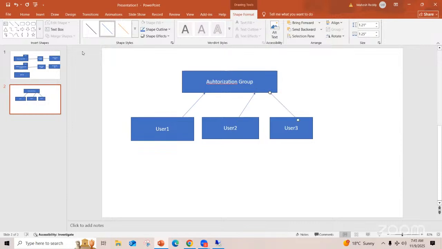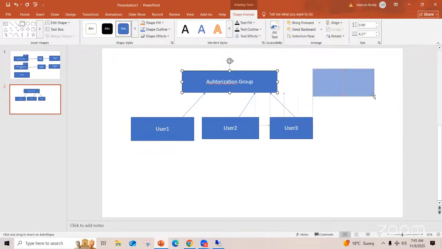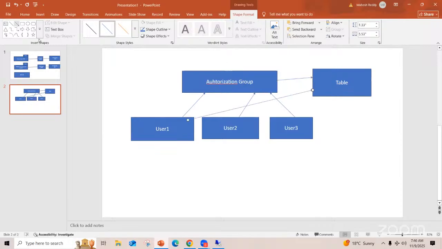So if you give this authorization to these people, only these people will access the table. Only these people will be given access. They only can access this table. Correct, based on the rules.